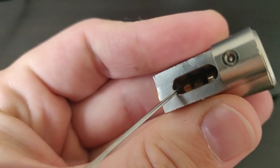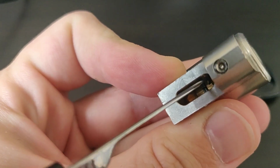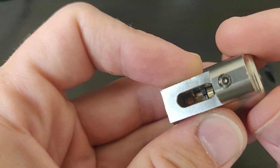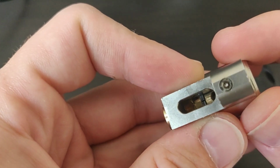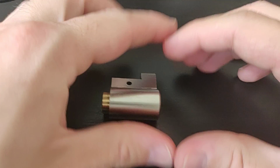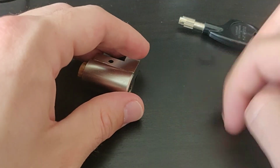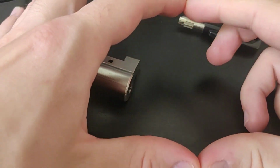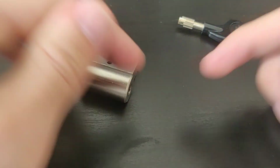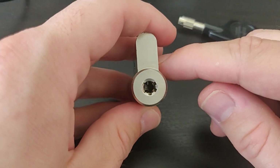You can see these two. Where's the light? Okay, these two gray things, or well, it looks like one. But these two things are kind of a sidebar style mechanism, and what it does is it basically wraps the whole cylinder or the core around. So it creates kind of a ring-like structure that's around the core or around the plug, and this ring-like structure has little protrusions that go towards the inside of this ring,